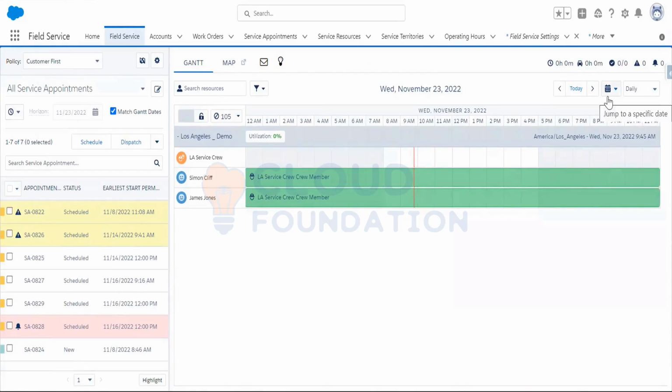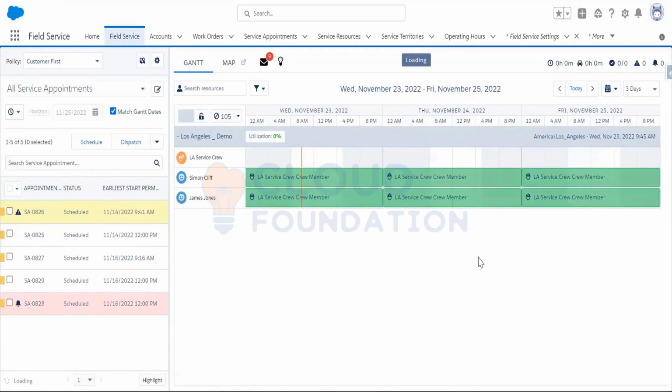It's already today's date. In the Gantt, you need to use 3 days. You can select 3 days here on the daily basis. If we go to here,